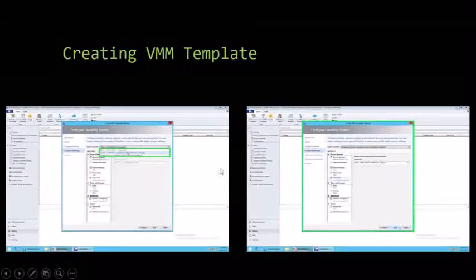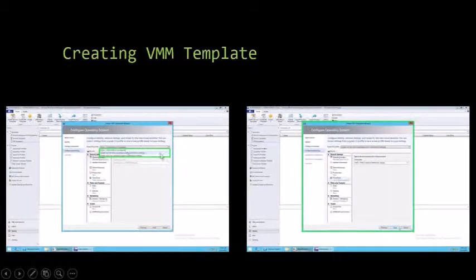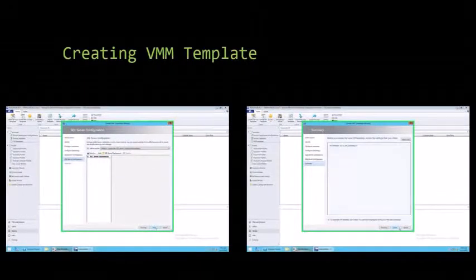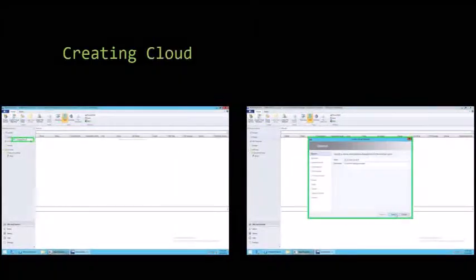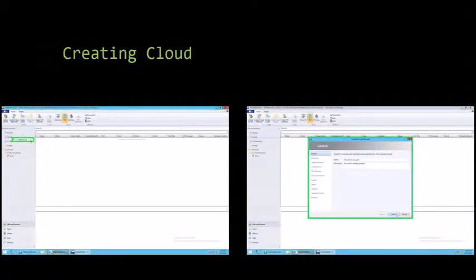Same as here, which is the operating system. Just right click and choose it, and it will be alright. Then we should select also what MS SQL server we're using, and that's it. And now we just have to create a cloud, which is this one, and we use the name